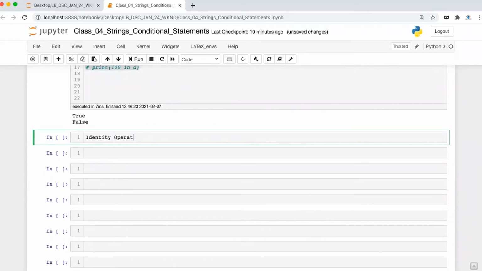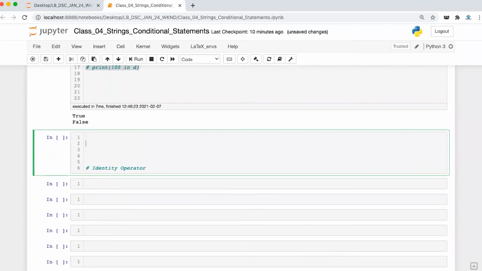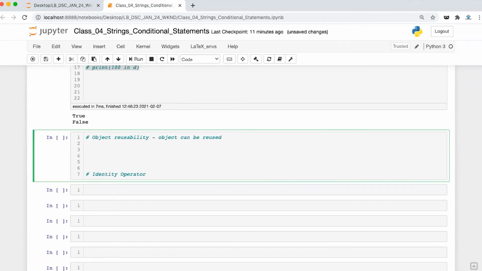Now, what is this identity operator? Before coming to the identity operator, let me discuss something about the object reusability concept. Now, what is this object reusability concept? It says that objects can be reused. And which objects can be reused? This object reusability concept is available in the case of integers only in the range of -5 to 256.